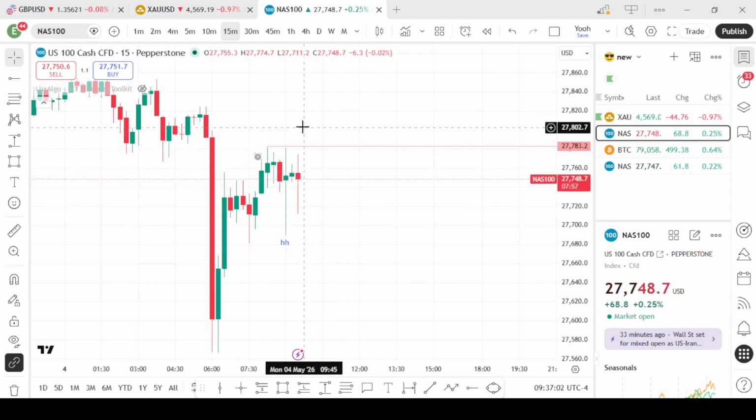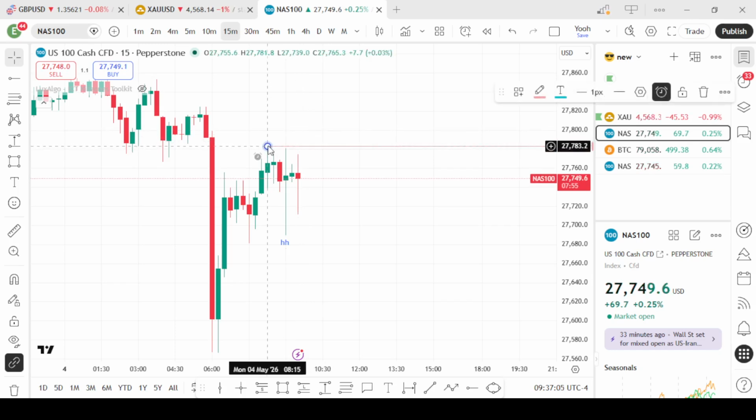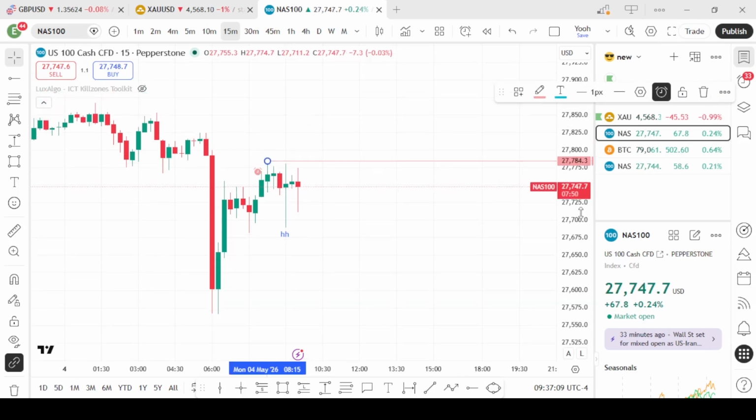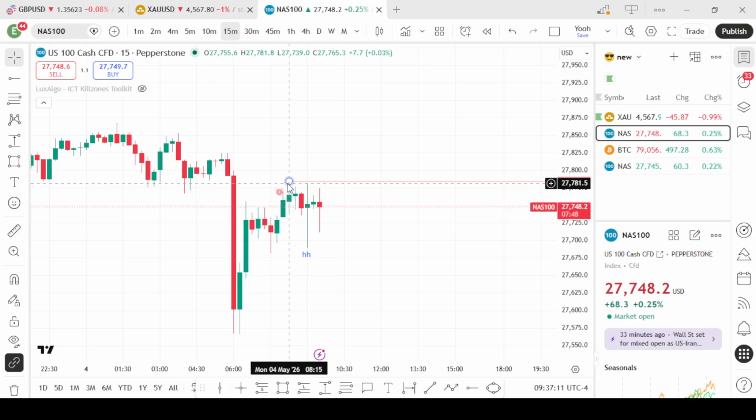Once price breaks here, it shows that it has the momentum to keep going. So I think I'll just wait for price to get there, and we can take our buys,